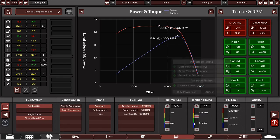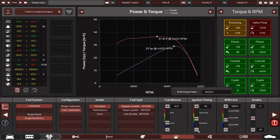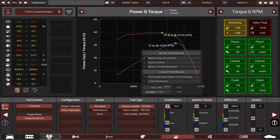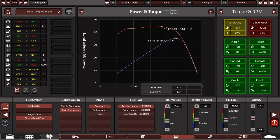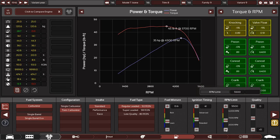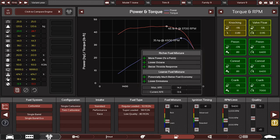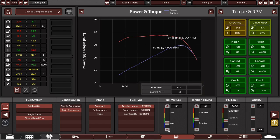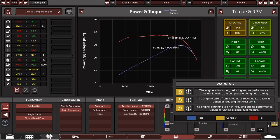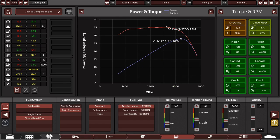So now we're dealing with... Let's lower the ignition time. Okay. Oh, it's too advanced. Alright. And increase the actual quality of the fuel mixture a little bit. Reducing engine performance? What? Oh. Alright, well...